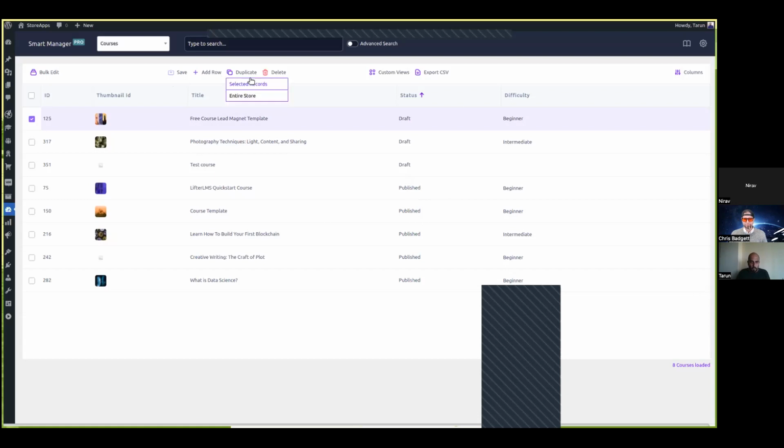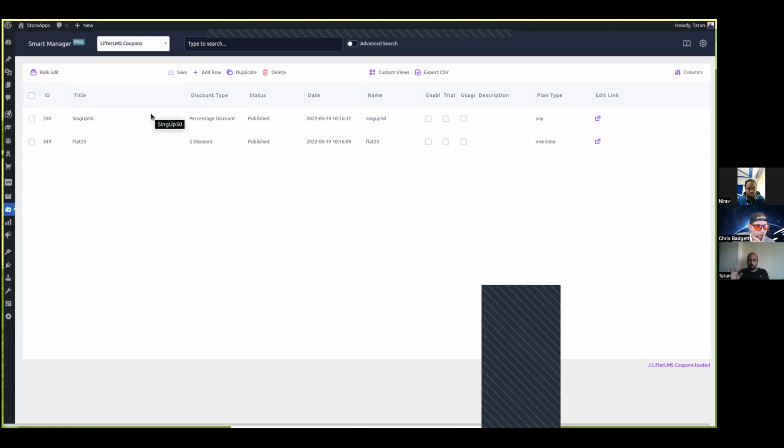Yes. The next one I would like to explain is, so we visited orders, and now I'll explain coupons. In LifterLMS, just like other post types, there are also coupons that you can give to your customers to offer a discount on your courses if you want to, right? So just like any other post type, it will give you the same kind of fields wherein you can manage your coupons as well.